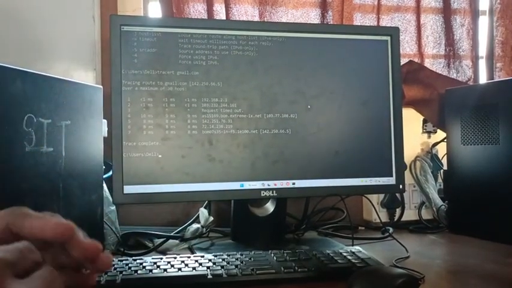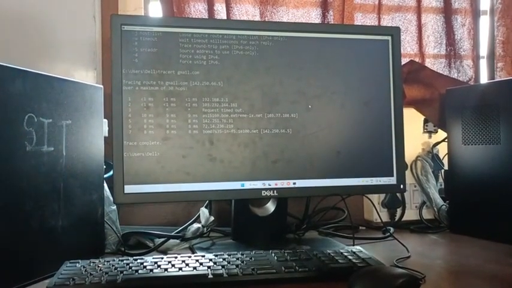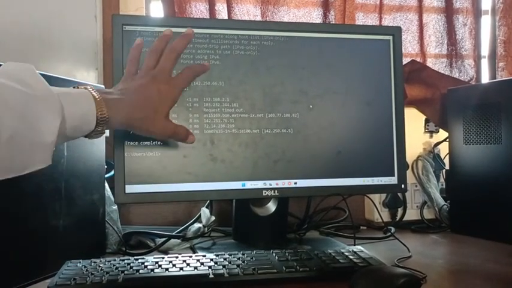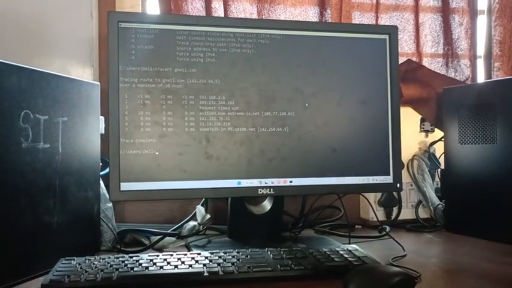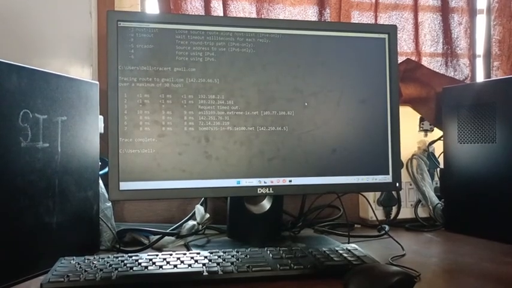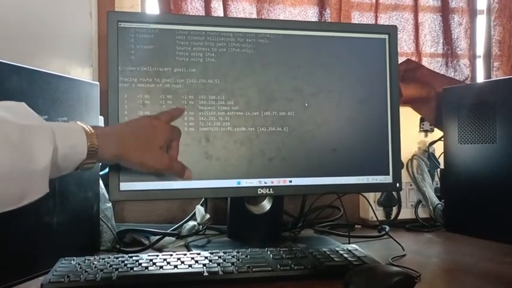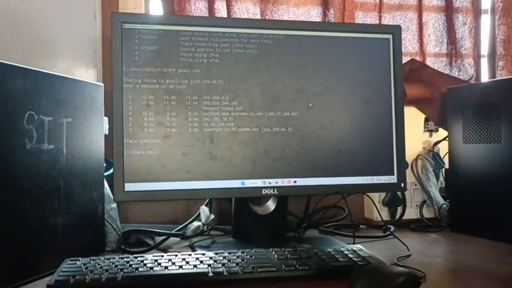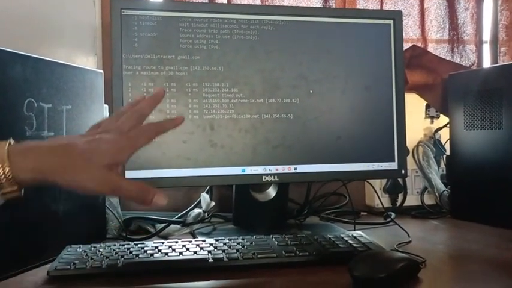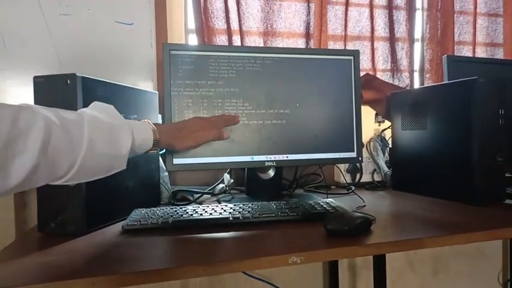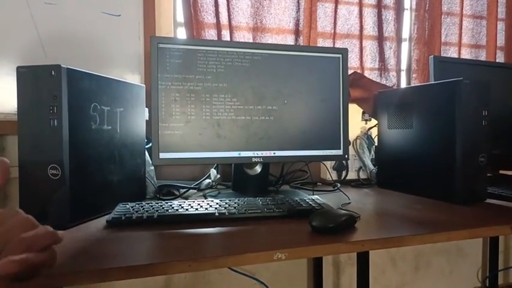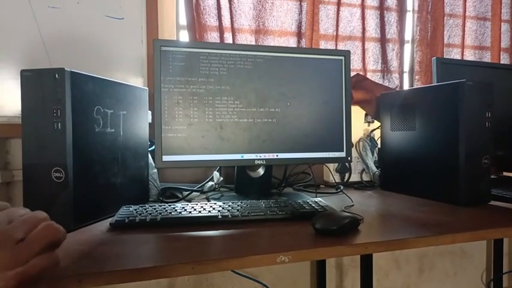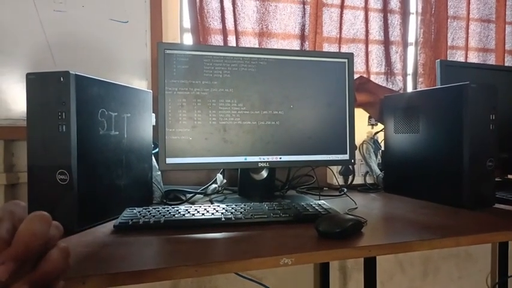Likewise, we can consider whatever DNS servers there are, and all these servers can be traced simply by typing the traceroute command on the system. The only thing is that this system should be connected to the internet so that we can reach that specific server using this traceroute command. That is exactly how the DNS can be traced by using the traceroute command. This is all about DNS tracing by using the traceroute command. Thank you very much.